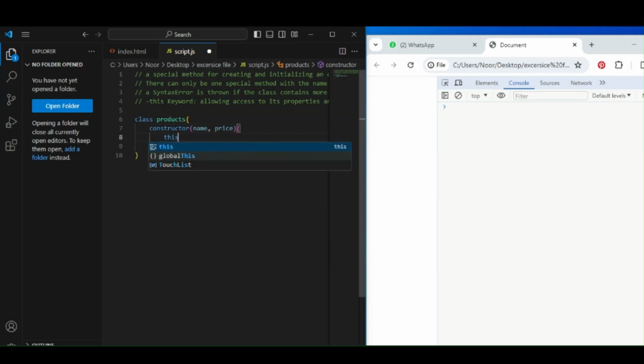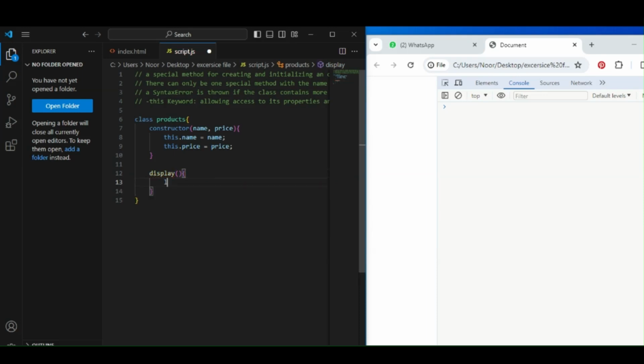So this.name is equal to name, and this.price is equal to price. Alright, so outside this constructor method, we are going to create another display method,